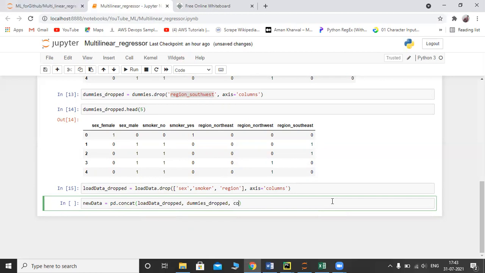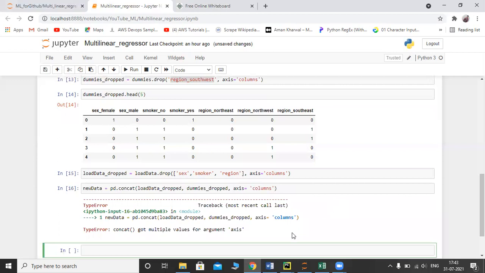Along the column axis. Oh my god, axis is equal to columns. I'm getting a concat arguments error. Okay.